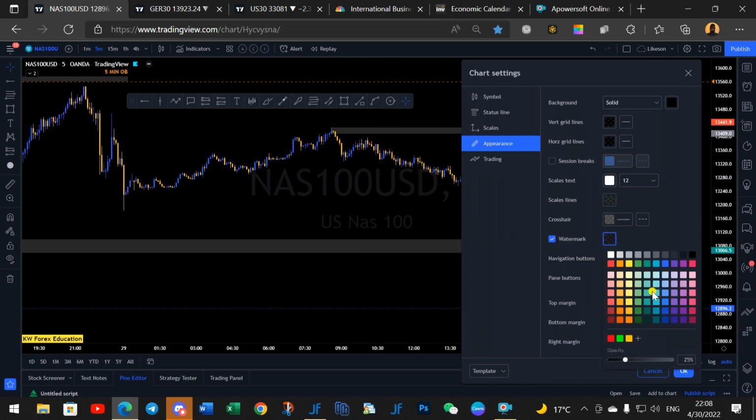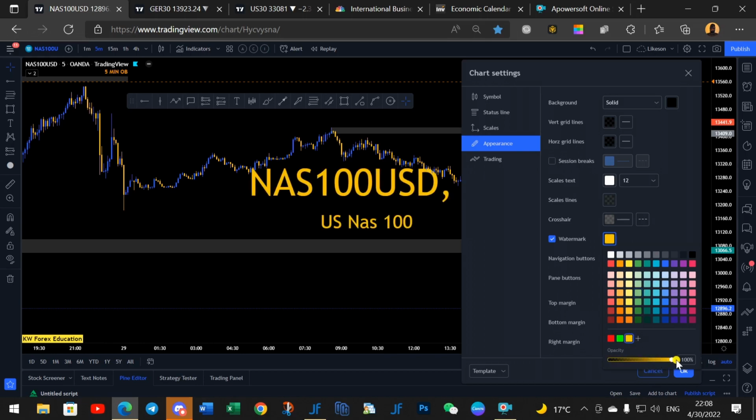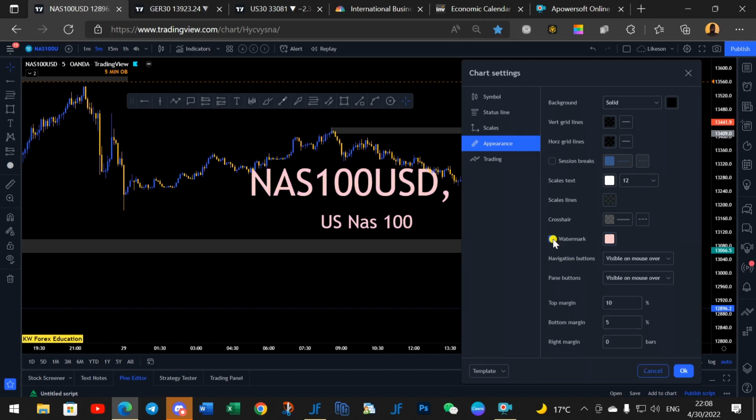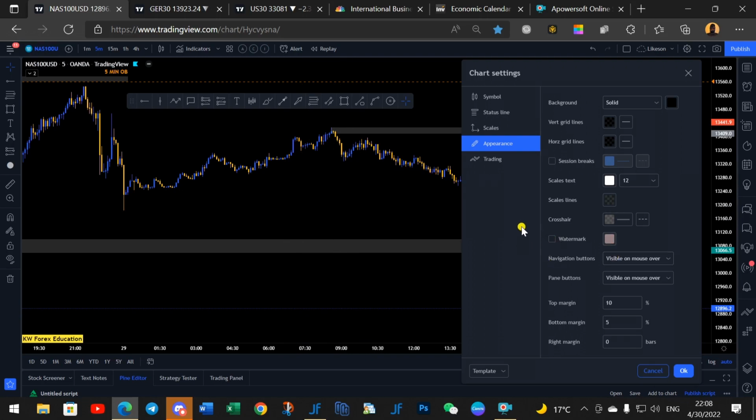You can even, if you want it to be more visible, increase it here. You can even change its color if you want. It can be green or yellow or whichever color you want. But for me, I don't need it to show here because I already have it there. You check, so I don't need it to show here. Anyway, I'm just showing it in case you've seen those types and want to see